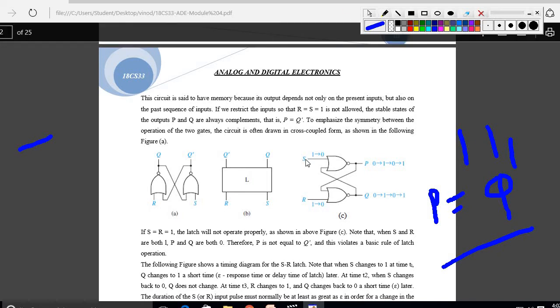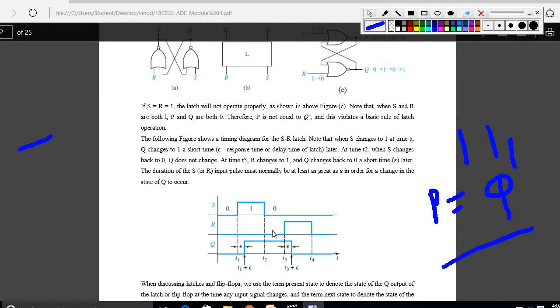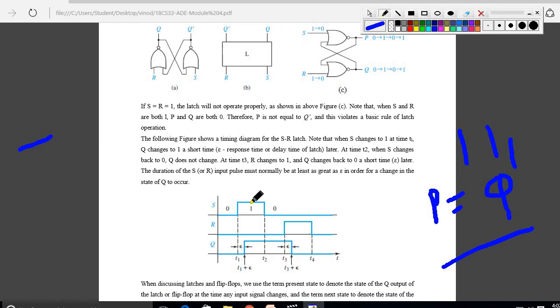Okay, this is exactly the SR latch, and the timing diagram of that particular SR latch has been mentioned here. See there. According to the truth table you have to write the timing diagram. This is the S input, this is the R input, right? For Q, if both are 0 0, we don't know the previous value, it might be 0 or 1. Whatever the value is, that should be stored here, because we already told you that latches and flip-flops are memory devices. It stores a value, so the present value depends on the previous value. For that reason, when both the inputs are 0 0, the previous value will be stored here.